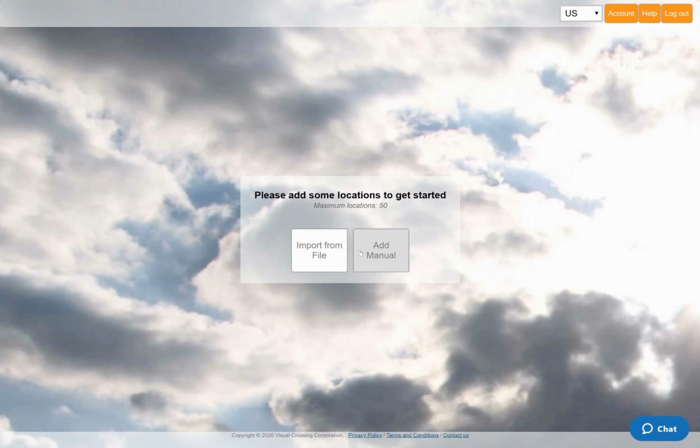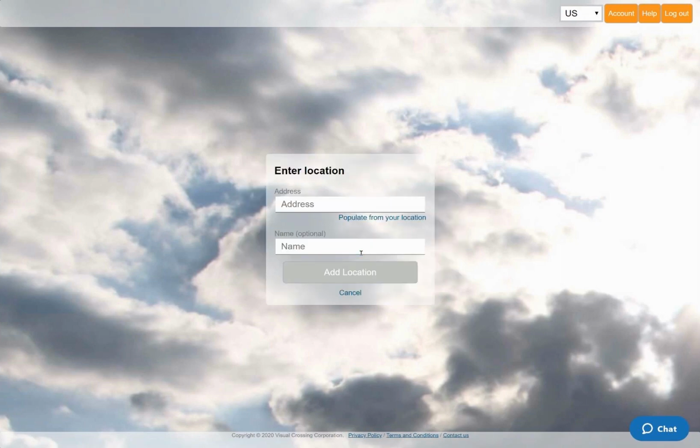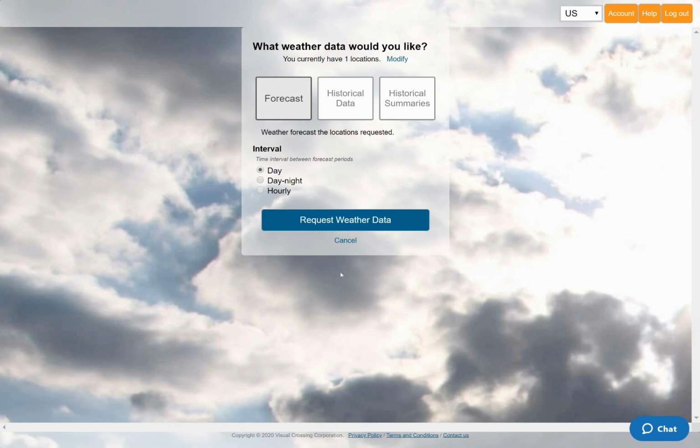Instead of manually typing an address, I'll tell the system to use my current location by clicking on the Populate from Your Location link. Also, I'll give the location a friendly name to make this location easy to identify in the output data. For the weather query type, I'll choose the default option, which will give me a full 15-day